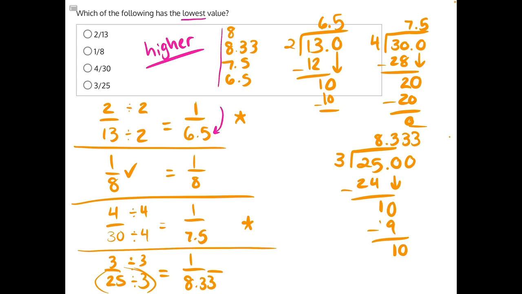If we take a look at our first digit in the ones place, we can see that 7 and 6 should be eliminated, and our highest numbers are 8 and 8. Now we can go on to the next digit, which would be 0 and 3. The one with the highest number is 3, making 8.33 our correct answer, which corresponded to answer choice